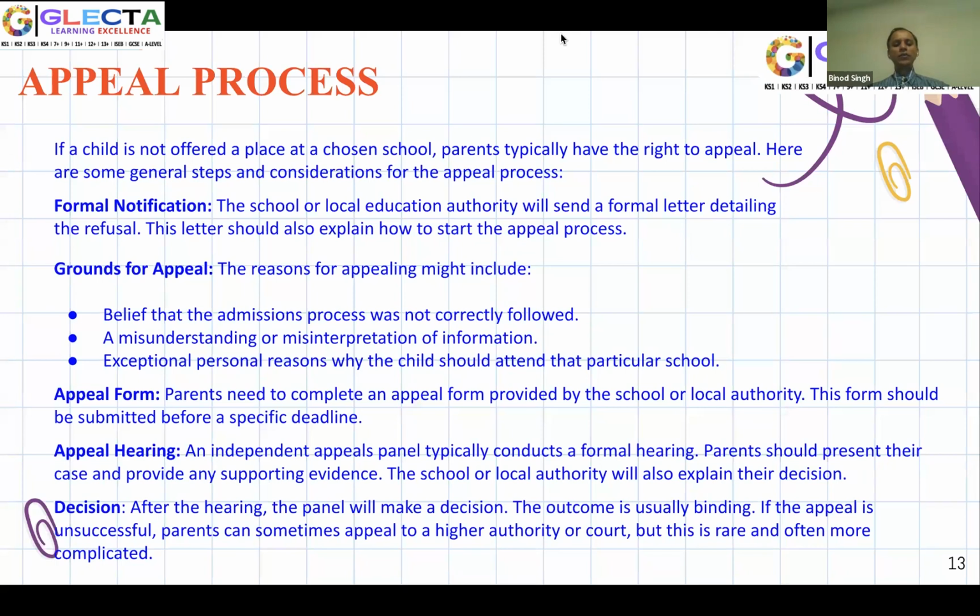then there'll be a hearing process, and there'll be a panel who will sit, and then parents will be called, and you'll get the opportunity to present your case. And after that, they'll make the decision based upon whatever was submitted in the form and how well you present your case. And after that, when the decision is made, and if you're still not happy, you can actually